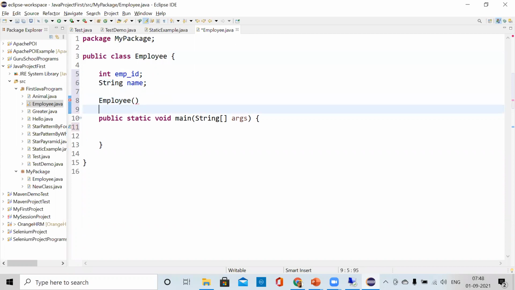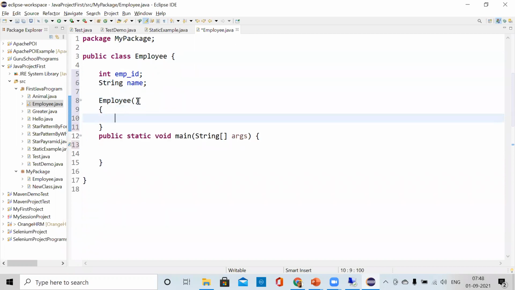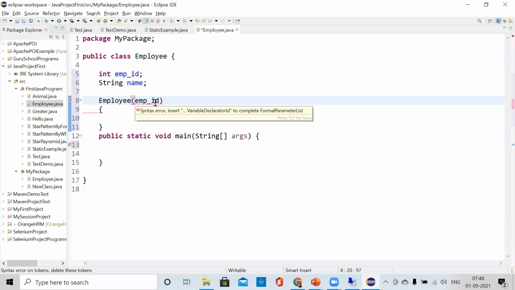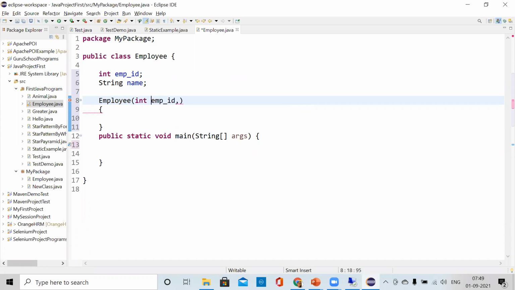Yeah, and pass the parameter as well. Correct. We have to pass the parameter of same name and whatever we have. Yeah, correct. And with the help of this keyword, we are gonna initialize both. So correct. Yes. So you understood what I'm trying to.